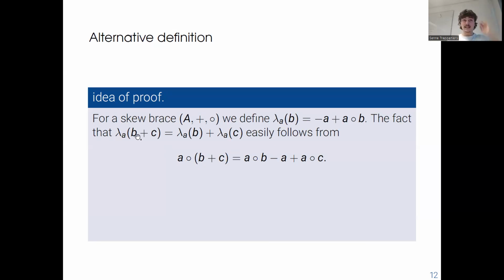And the fact that this respects the addition easily follows from the equation which we took as a definition, which always holds, because one can simply add minus a in the beginning of both sides. And then here we find lambda a of b plus c, and here we find lambda a of b plus lambda a of c. Of course, one also has to prove that lambda of a circle b